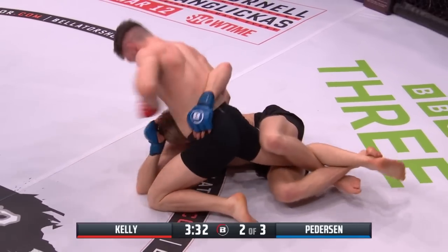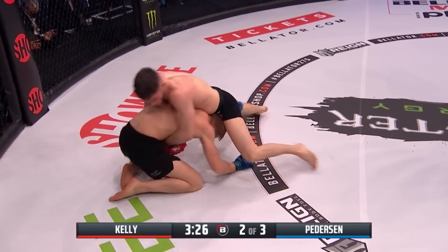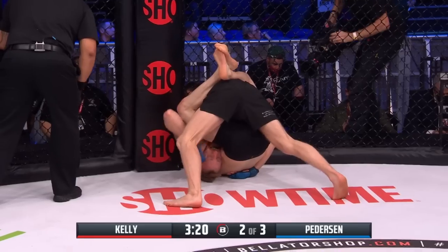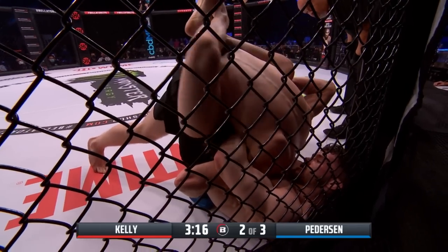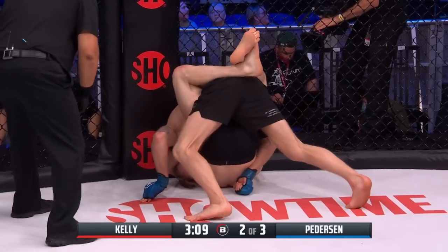Pedersen trying to take that right leg away from him. Kelly getting in position to land that elbow. Pedersen's got that underhook, so he has the ability to get himself up. Oh, he's diving for that guillotine now. Kelly thinks he has it. He needs to extend. Right now, he's squeezing, and it's tight. But Pedersen can work his way through this. Doesn't